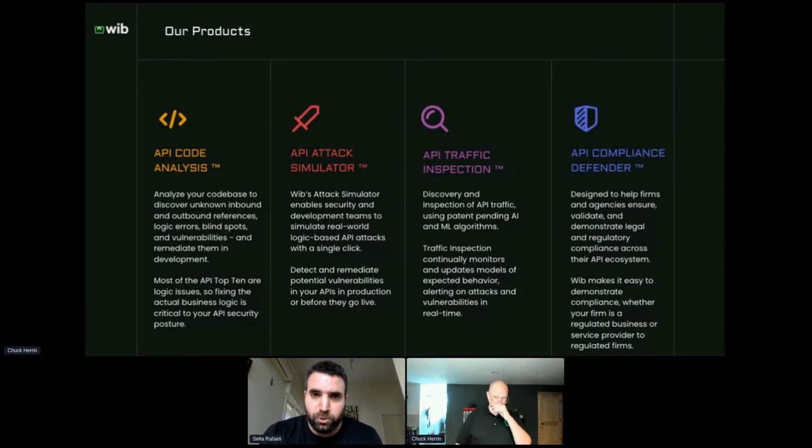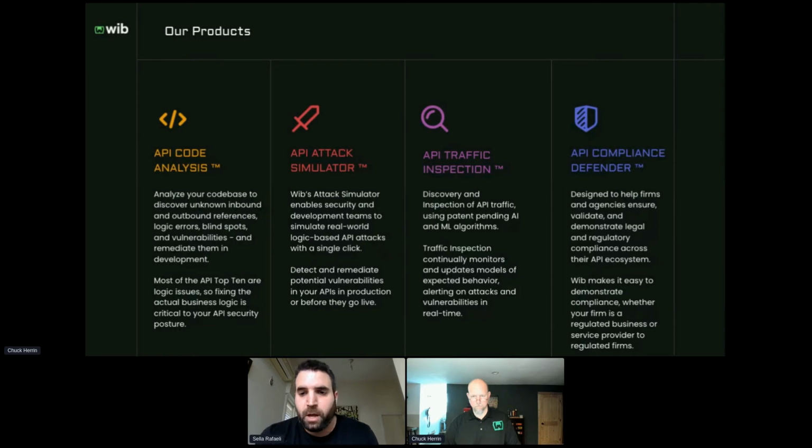Using this specification, our code analysis can learn exactly what routes are defined, what sort of authentication is implemented. Usually authentication and authorization are implemented both on a per route basis and as part of an all-encompassing middleware. So our code analysis, its algorithm, knows how to deal with each framework individually and knows within each framework to create a list of all the routes that exist, and for each route, what sort of authentication and authorization, what parameters does it receive and what sort of input validation does it run on each parameter.